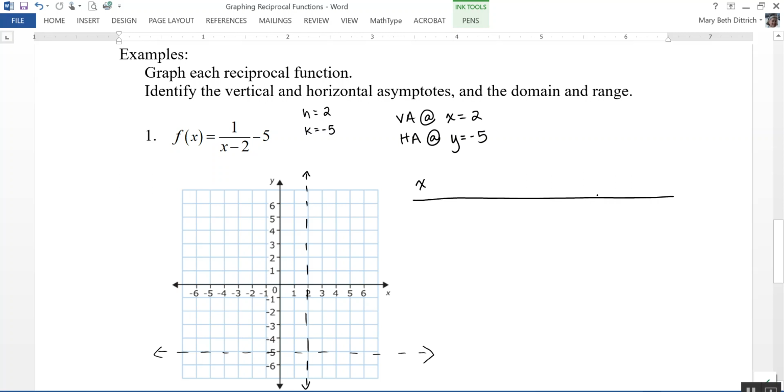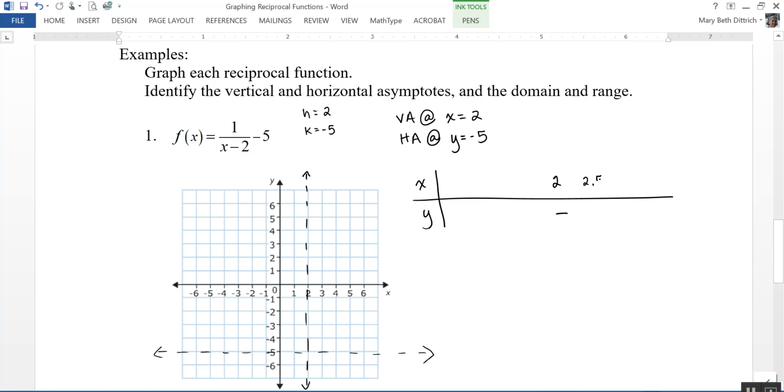And I actually used my calculator to help me with this. One thing I'm going to do is put the value of my vertical asymptote right in the middle of the table because I know that x cannot equal 2. Notice that when x is 2, I have 1 over 0 minus 5, and I can't have 0 in the denominator of a fraction. So using my calculator, I picked a couple values of x that were greater than 2,